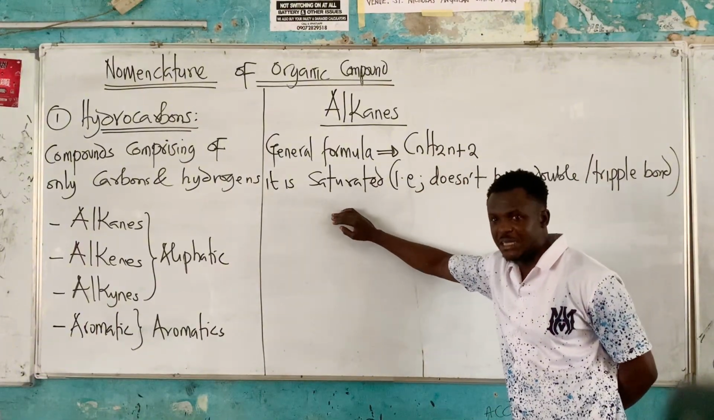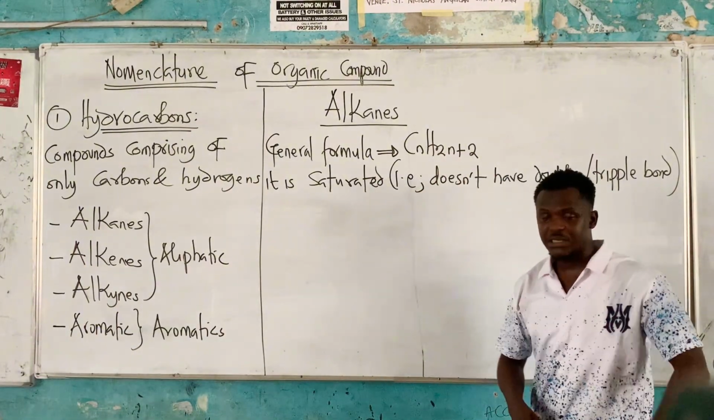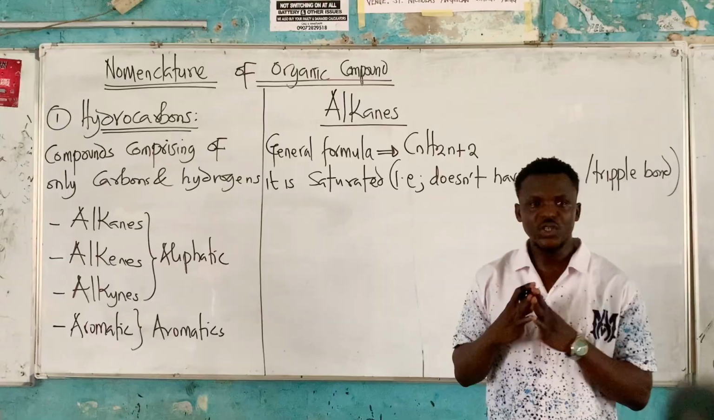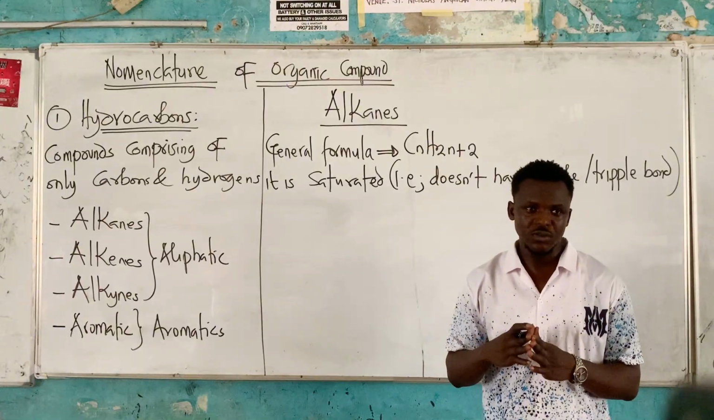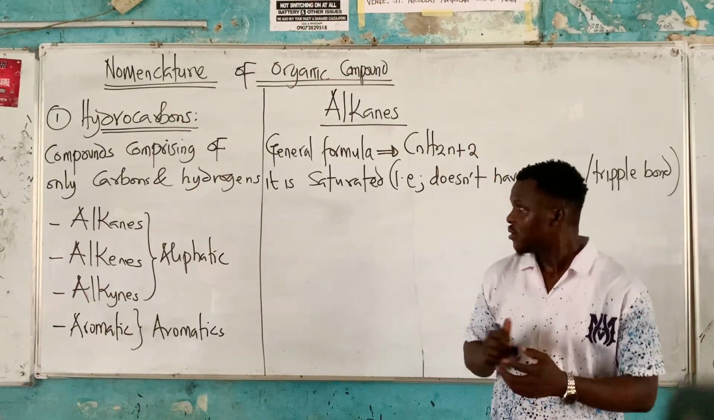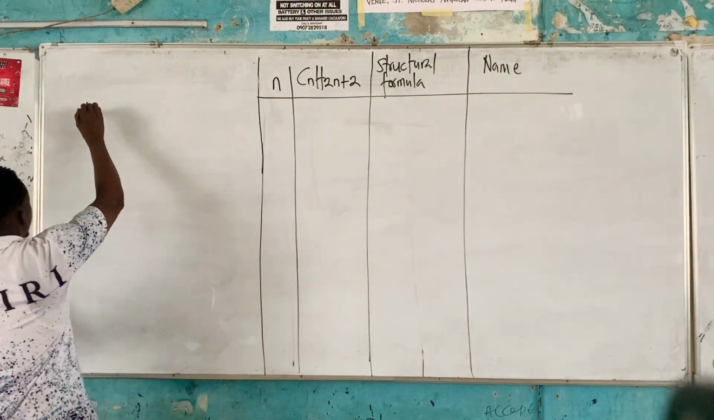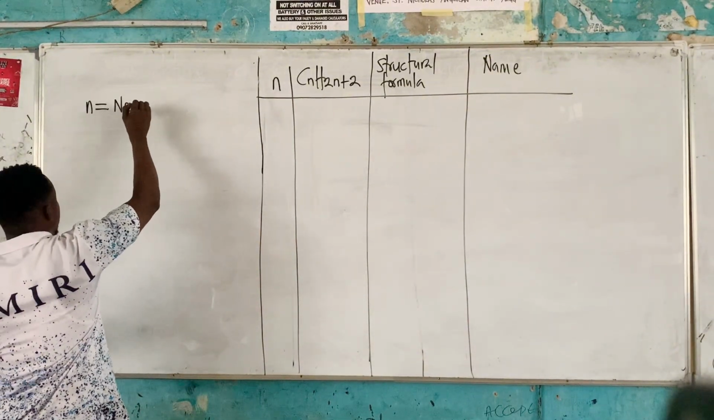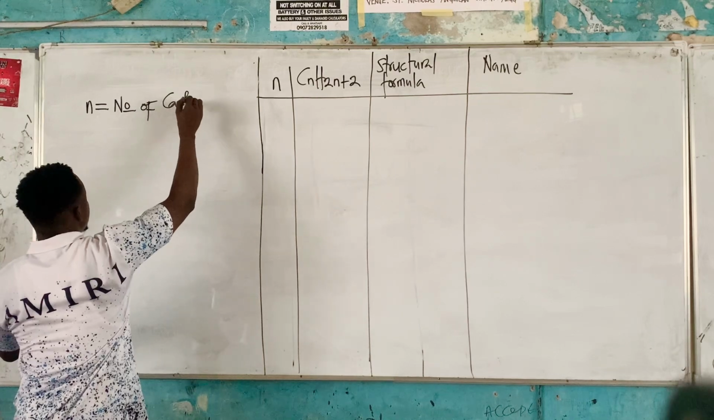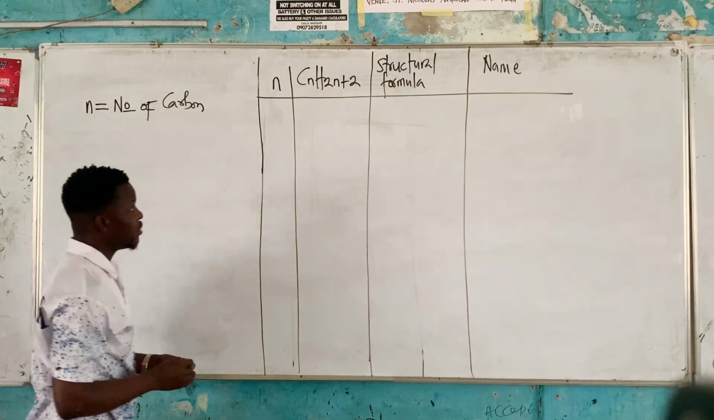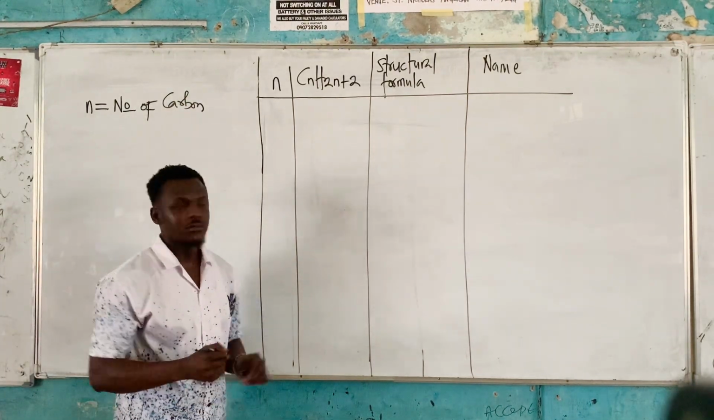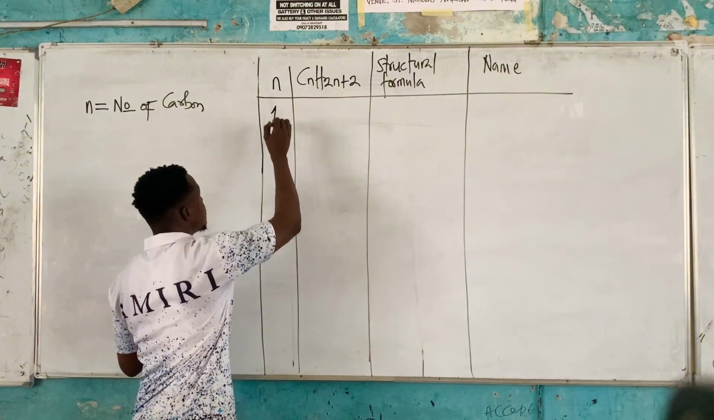Now, it is saturated. When they say a compound is saturated, it simply means that it does not have any double bond or triple bond. So it's single bonds all through. So the first, if this n is the number of carbon, so if the number of carbon in an alkane is 1,